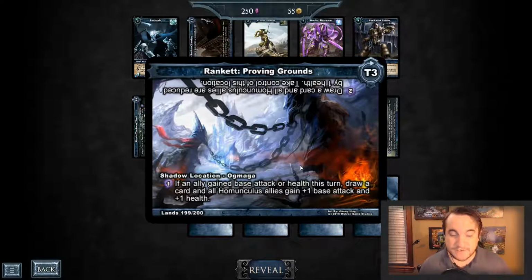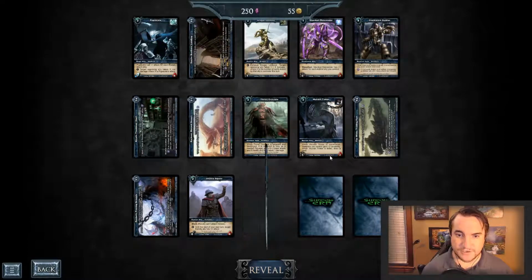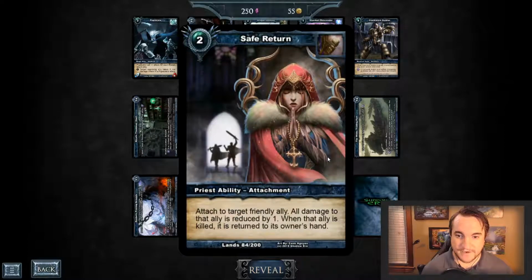Proving Grounds, this is like the staple for Reika, Humongous decks. Same thing too for Elementalis, but Reika seems to do it better. Just has better options. Another Squire, cool. Safe Return,